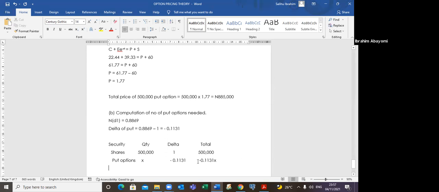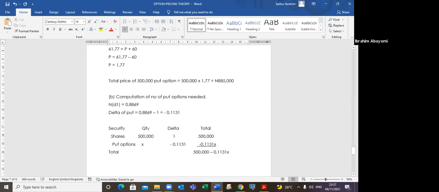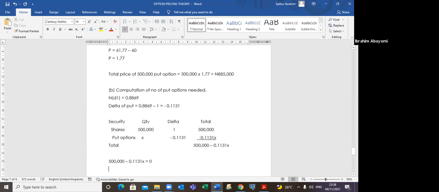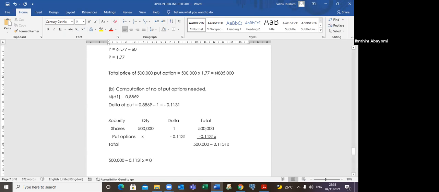So add this together. I will have total equal to 500,000 minus 0.1131x. So I will equate this to 0, and say 500,000 minus 0.1131x is equal to 0. So I will have